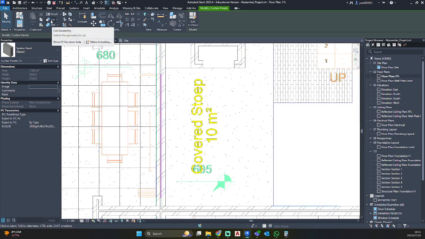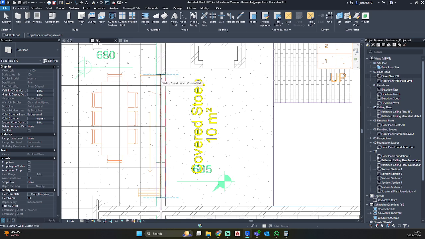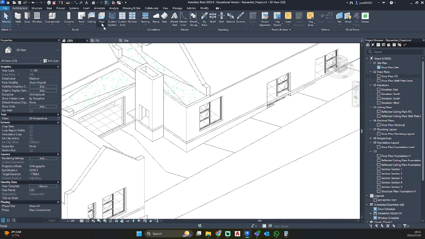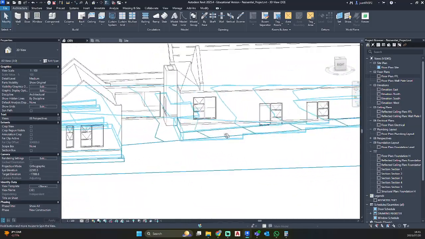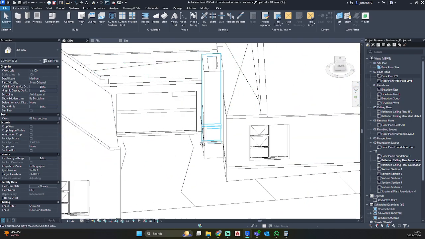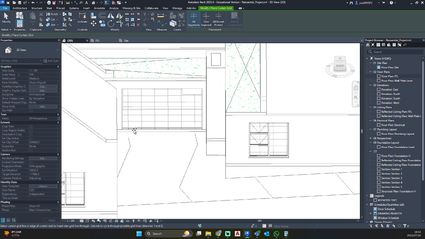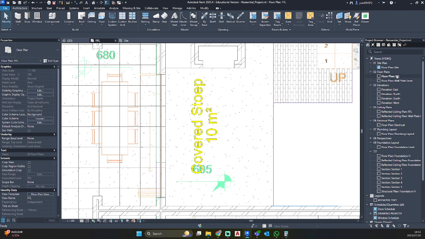So let's go ahead and cut this wall. I'm going to go to my top ribbon to cut, click on the wall, click on my curtain panel. If we go to 3D view, there is our folding stacking indication. To change that, let's indicate some panels on this door. Let's go to our top ribbon under curtain grid. If we select that, just go ahead and add 5 lines and go back to your floor plan.